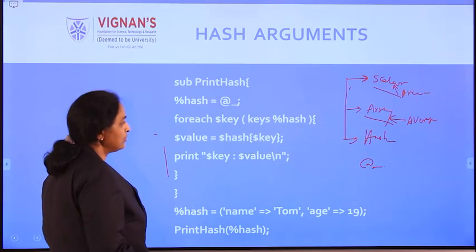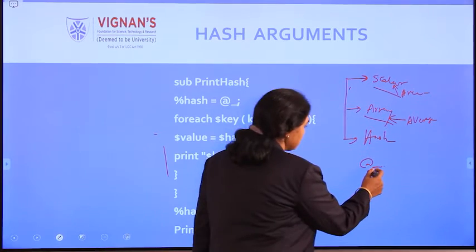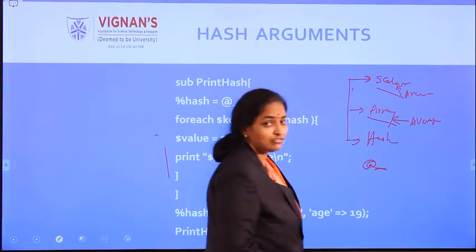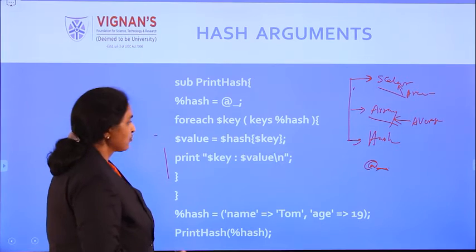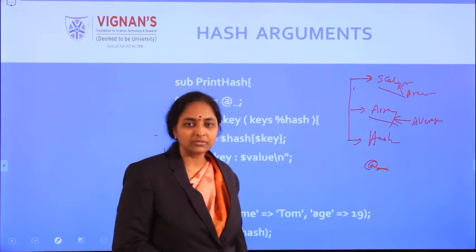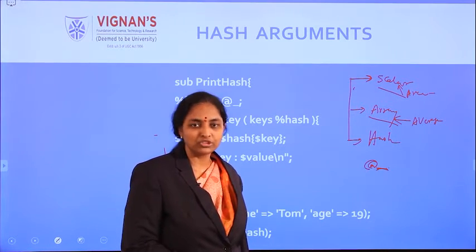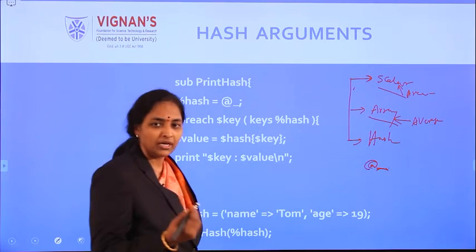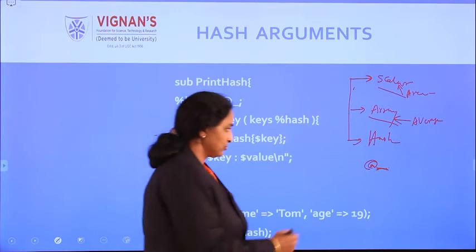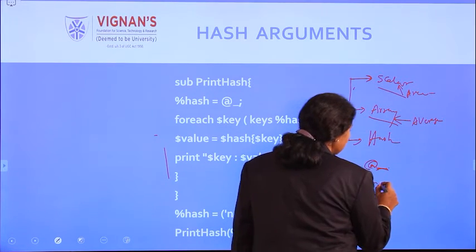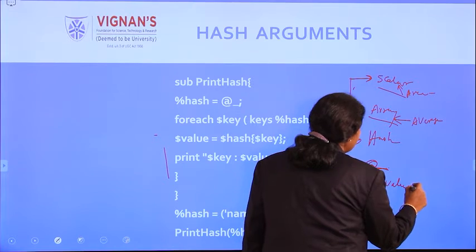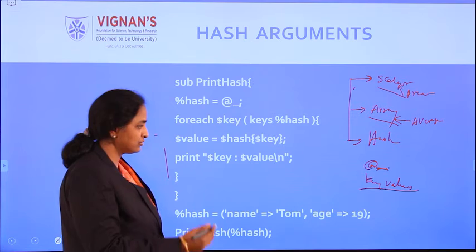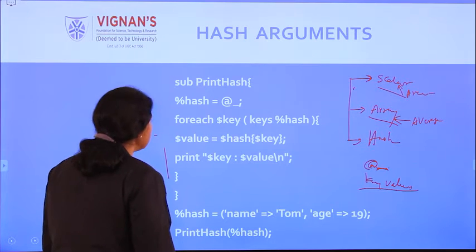See this example, as I already mentioned at the beginning, you can handle hashes also. As you know, a hash is a binding, an associative memory kind of thing. It has keys and values. Already you know that it has keys and values, and they are related. We have seen so many examples and we have seen how to operate on the hash also.